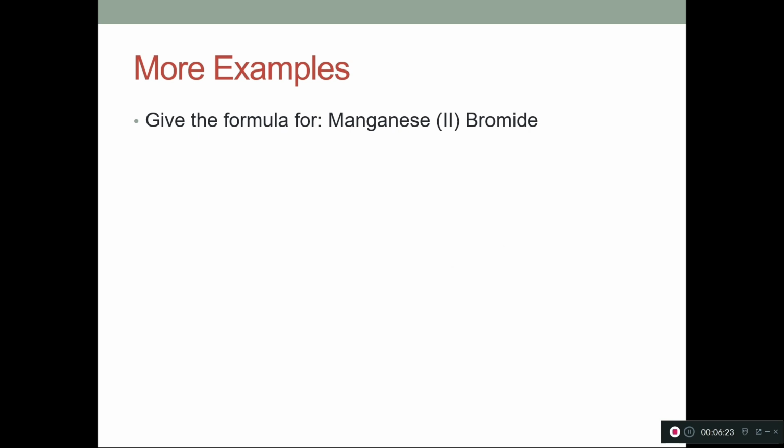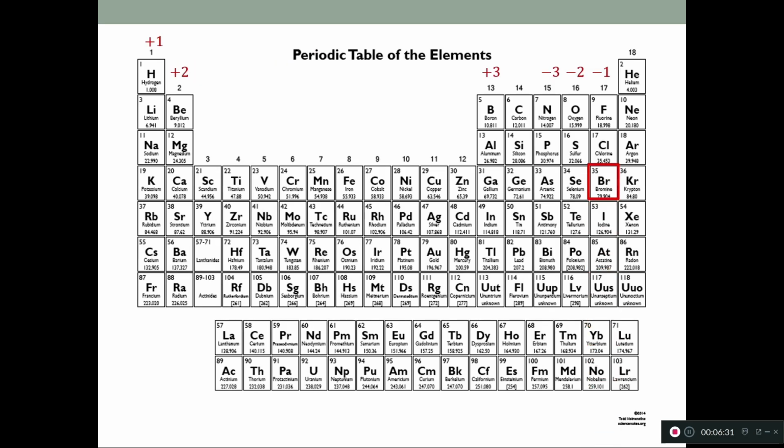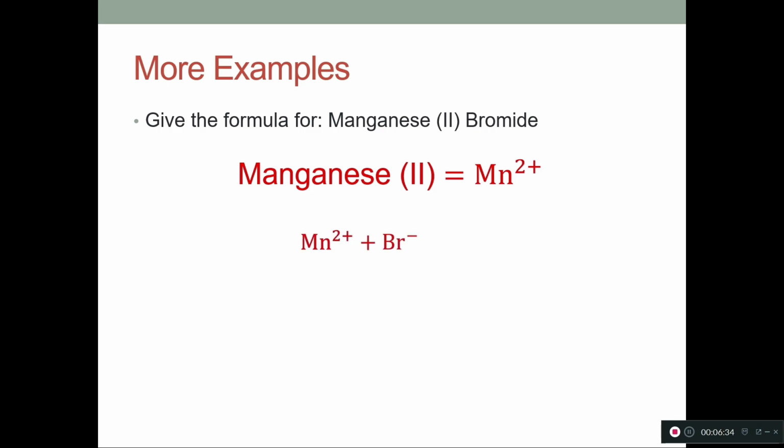Another example using manganese(II) bromide. Again, the Roman numeral 2 in parentheses tells us that it is a +2 charge. So we have manganese(II) equals Mn2+. And we're looking at bromide, so that's going to be a -1 charge. So if we put just one of each together, we end up with a total charge of +1 overall. So the +2 and the -1. So if we add another bromide, then we get that to -2. So now these both cancel each other out, and that means we have a neutral compound that contains 1 manganese